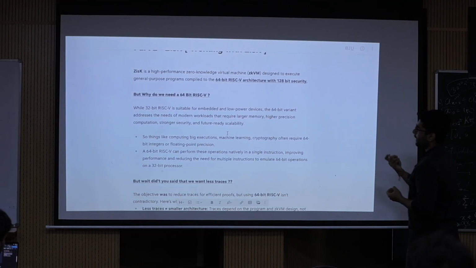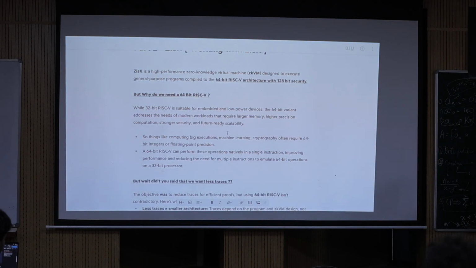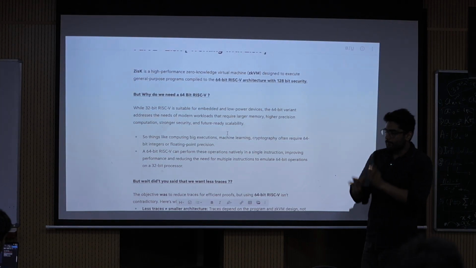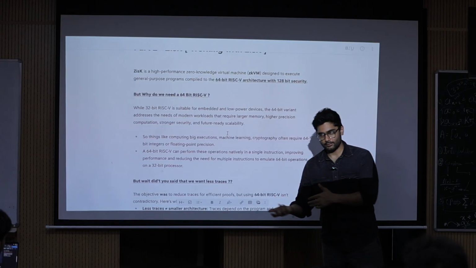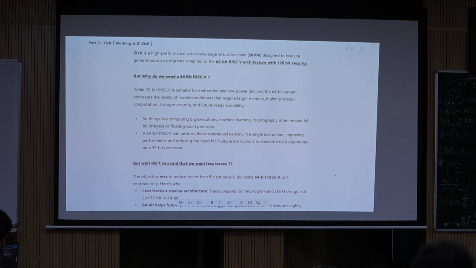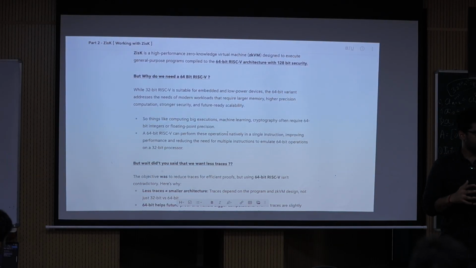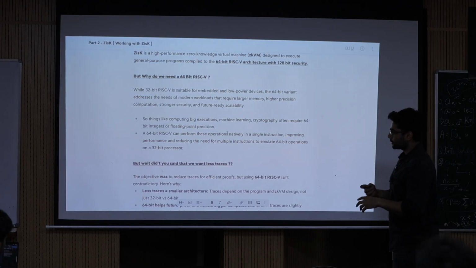So we're talking about having a speed-focused spectrum, fewer traces. Fewer traces means we'll have a much faster, impactfully faster zkVM. And in order to do that, fewer traces make sense. But why do we need a 64-bit RISC-V? Things were running good with 32-bit. The reason and the approach for us to go for RISC